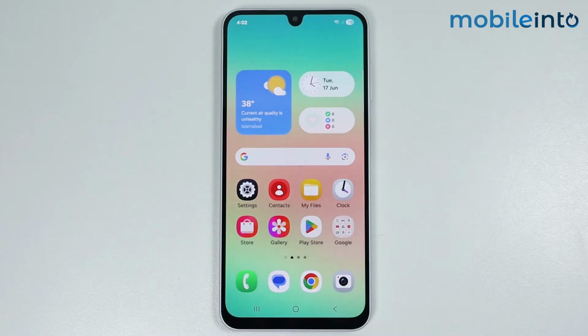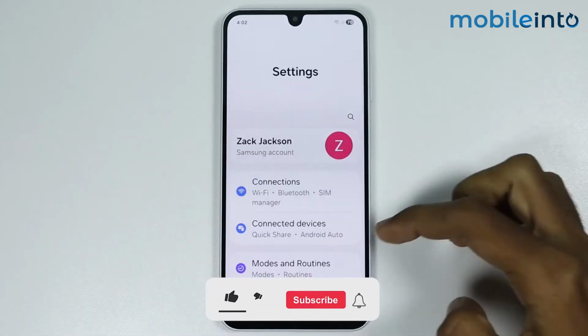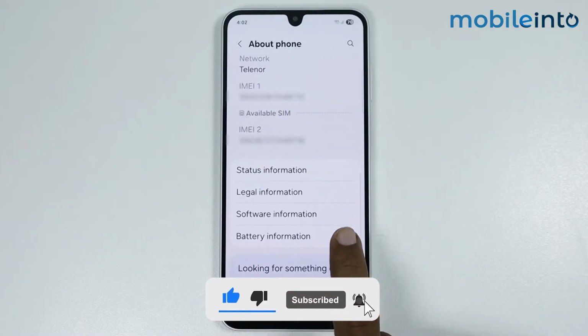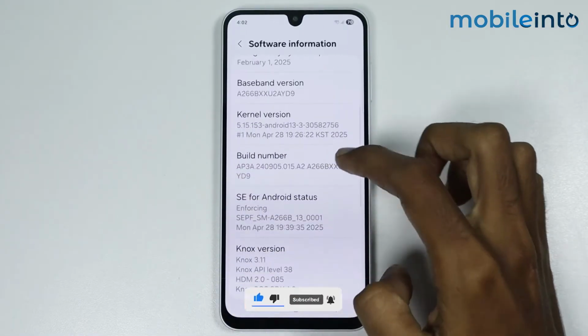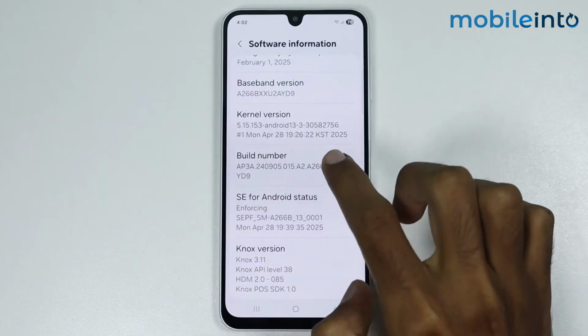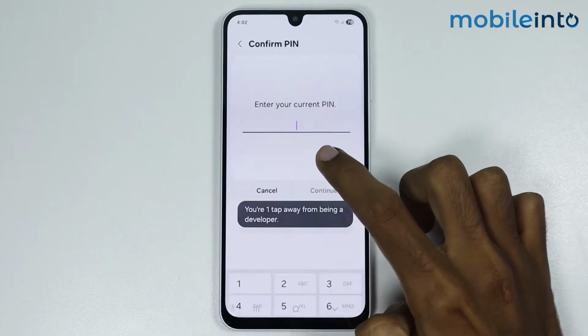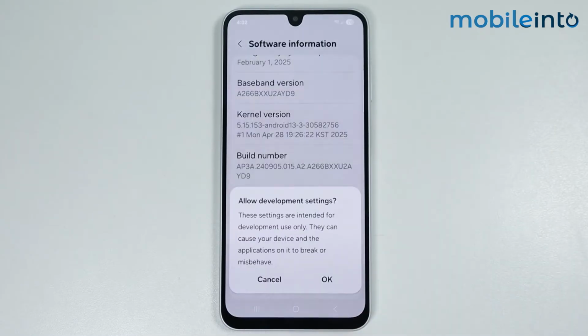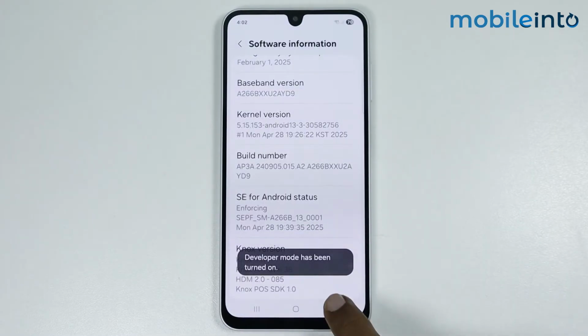So in this video, we will see how to change the minimum width on any Samsung phone. To do that, open Settings, About Phone, Software Information. Now just tap on the build number a few times until you enable developer mode. Now enter your PIN, tap on OK, go back,